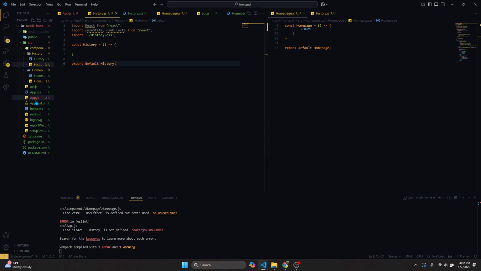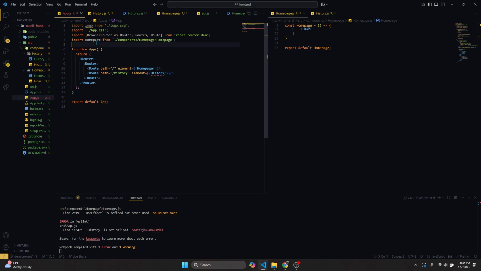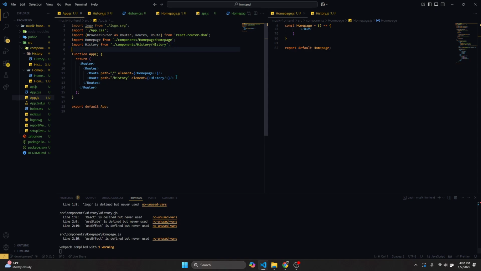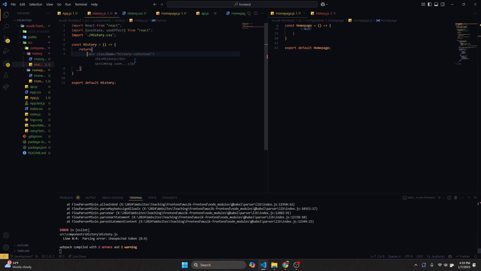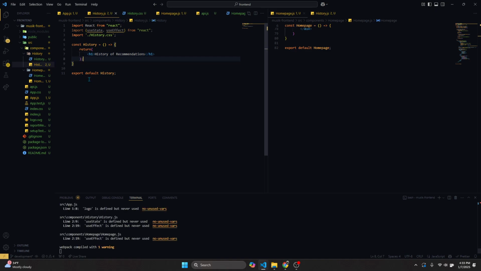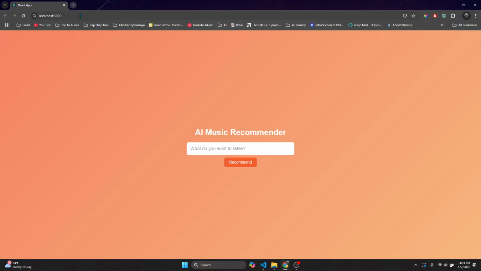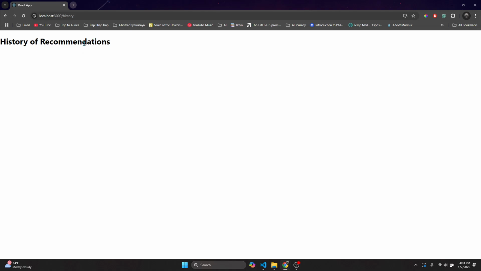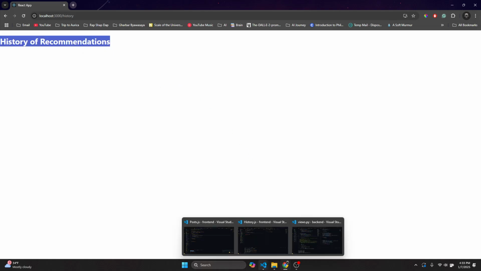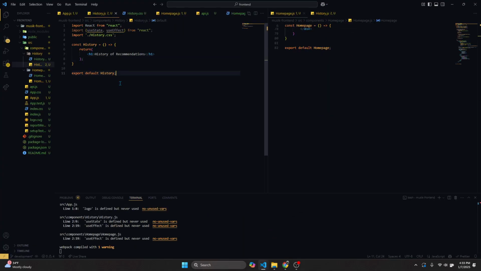History. Now onto our app.js, we are going to import that. Import history from here. So we'll say return heading 1, history of recommendations. You probably need a semicolon right there. And let's test if our endpoint is working. There we go, history of recommendations. Now that we have a page